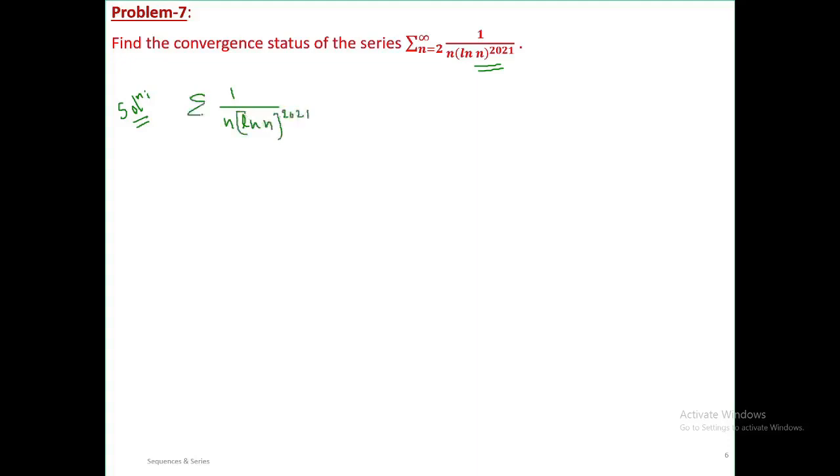This is the series, n is running from 2 to infinity. Yes, it's perfect. So here p is equal to 2021. Therefore, again by the logarithmic p-series test,